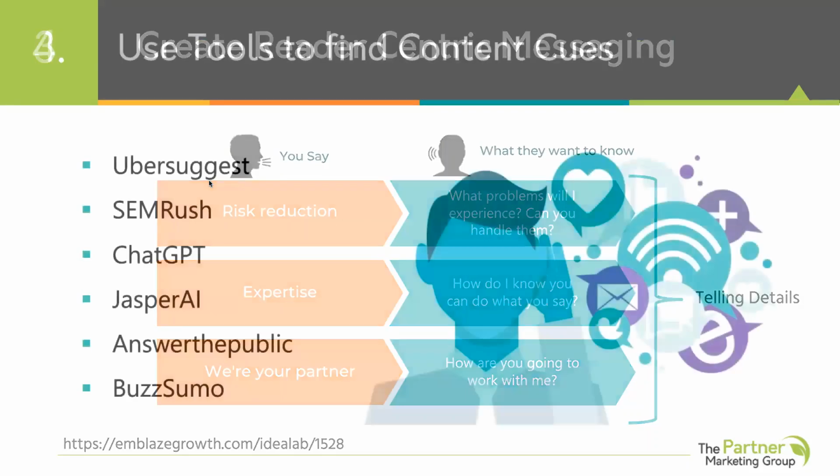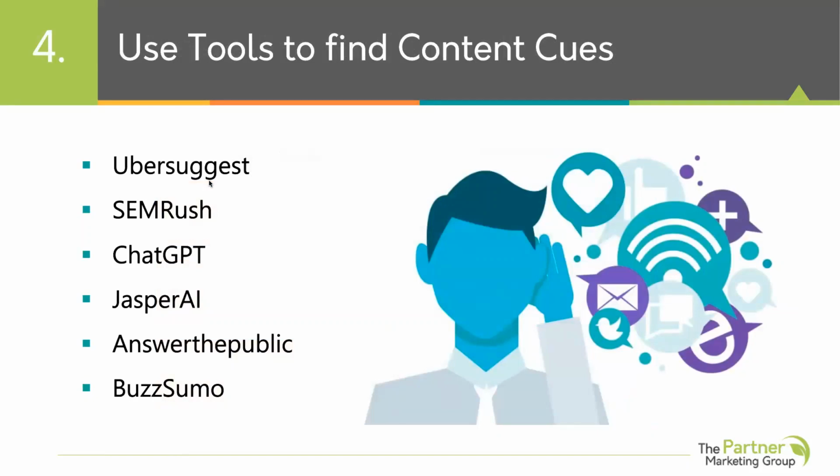Now, next slide. One of the key things that I think we always say, it's so much easier to edit than create, and it is almost impossible to come up with topics sometimes. So use tools to help you find content ideas. So any of these tools like Uber Suggest or SEM Rush, you can see what people are searching for and what they're talking about. And a really good brain dump of that will help you as you think about creating